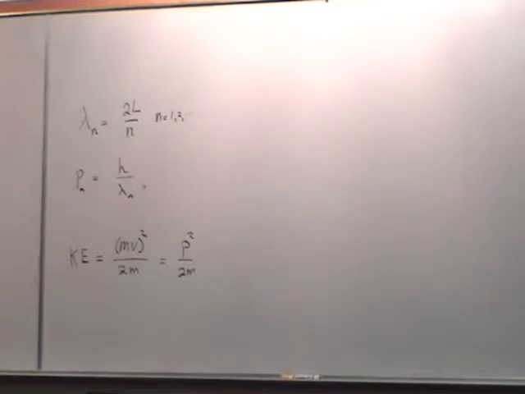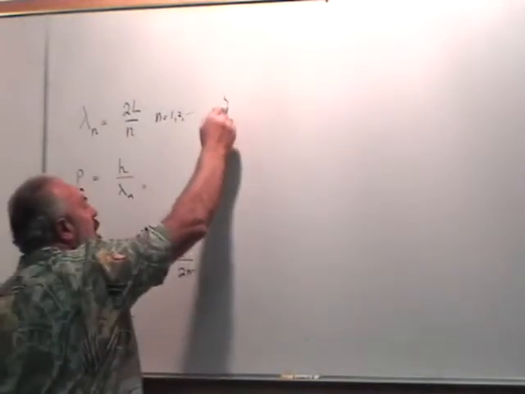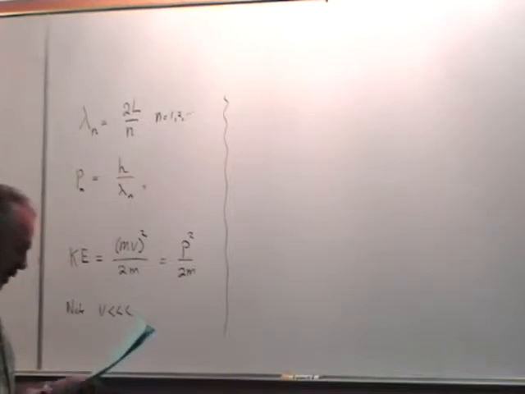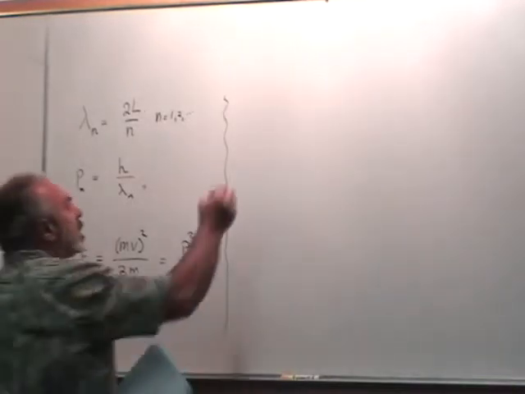Non-relativistic. Okay, so I might note v is significantly less than c. So we're doing a classical calculation now. We're talking about particles that are non-relativistic. So now the kinetic energy